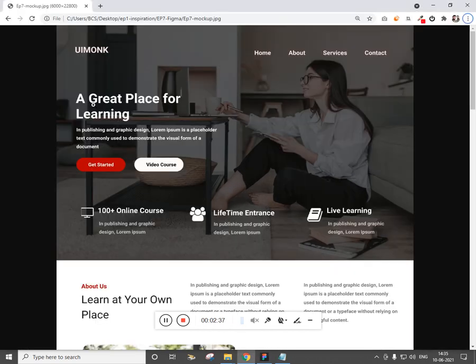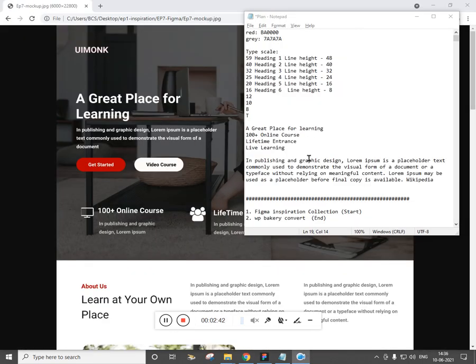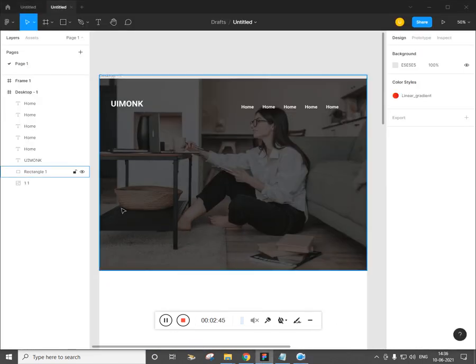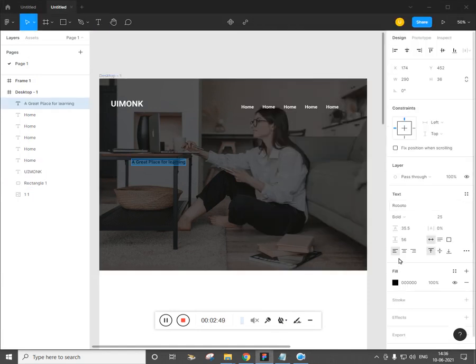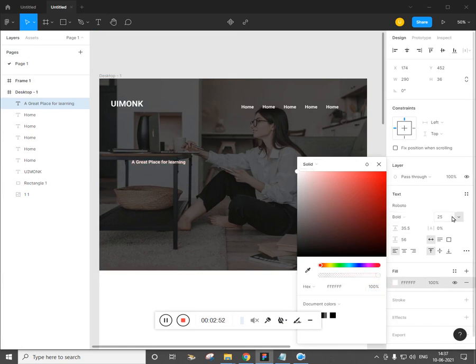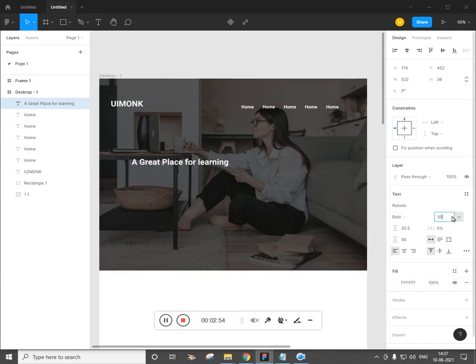Now we are going to get this text, and now let's type the text. Press T and copy the text and paste it. Make the color white so that we can make it look bigger. 55 is okay, and press V again. Click outside, drag it and increase the line height. This is letter spacing and this is line height.